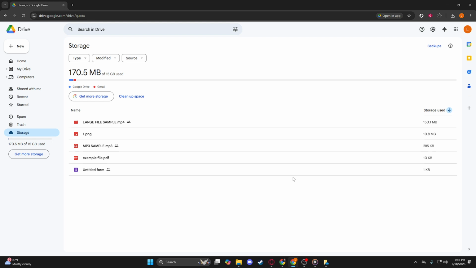Remember, regularly checking your storage will ensure you're always aware of your usage and help you avoid any surprises when your storage fills up. I hope this guide was helpful and that you feel more empowered to take full control